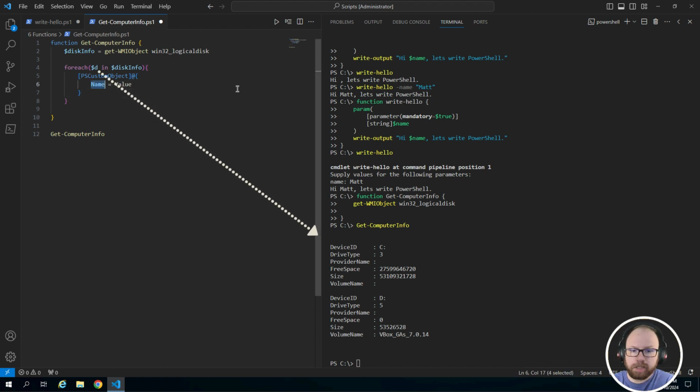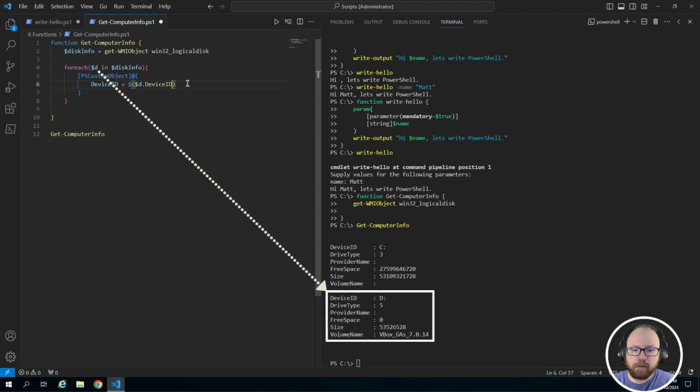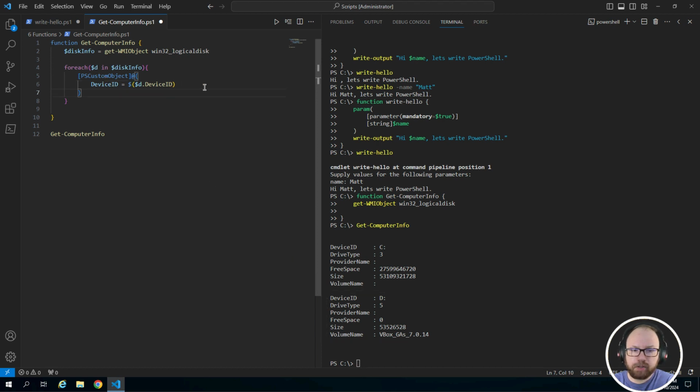So the C drive with the device type, device ID, free space and size and volume would be in the $D variable. And then once we're done with that data, it's going to go back through to the next set of disks, which is the D drive, and we would have a device ID, device type and stuff for that. So as you can see, in the custom object, we're